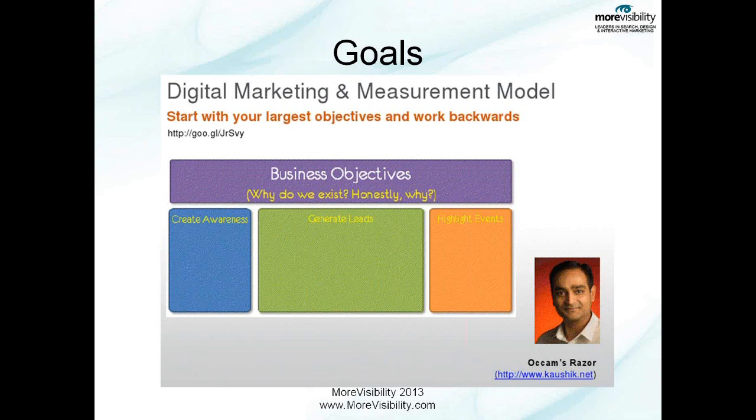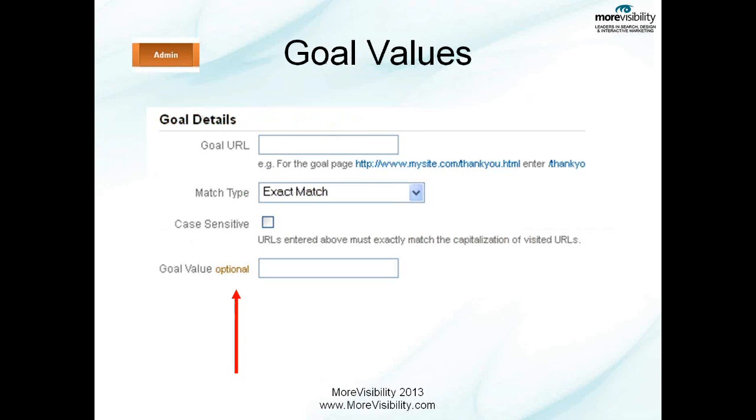So once you're done with that and you know why you have a website and what the objectives of your marketing are, you need to set this up in Google Analytics. Suffice it to say that we don't have time to walk through goal creation, but I do want you to know that it is in the admin section. There is one thing I would like to point out here: when you go to set up a goal, and remember, red is bad and green is good, Analytics says that it's optional. And I tell you, it is not optional.